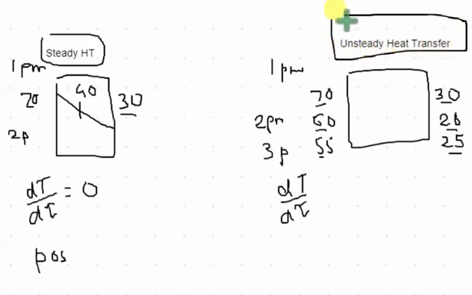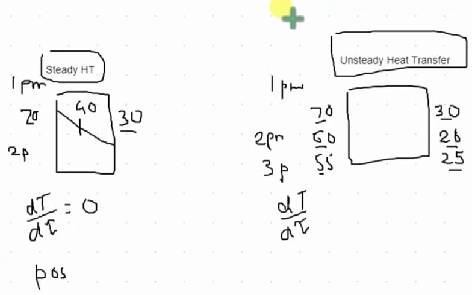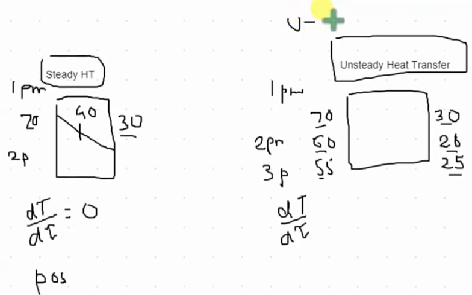What do you mean by unsteady state heat transfer? This is the concern of unit number 3. This unsteady state is also called transient heat conduction, right? Here temperature, you can write, is a function of direction as well as a function of time. You can write it for the unsteady state heat transfer.